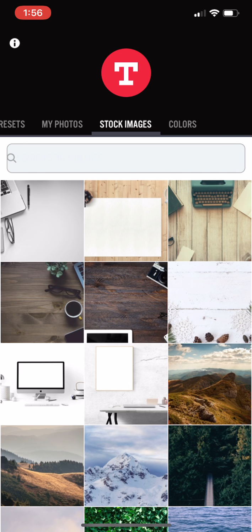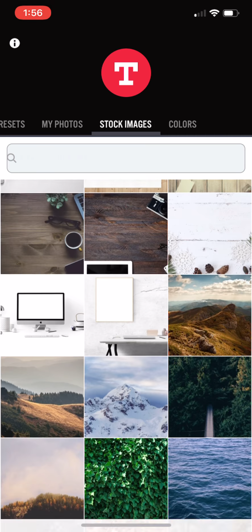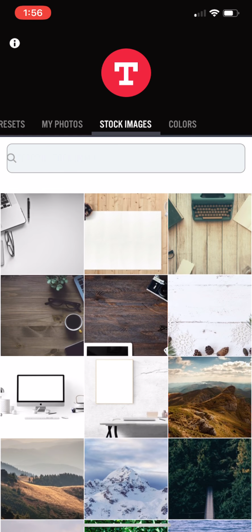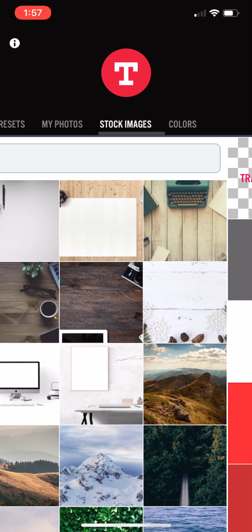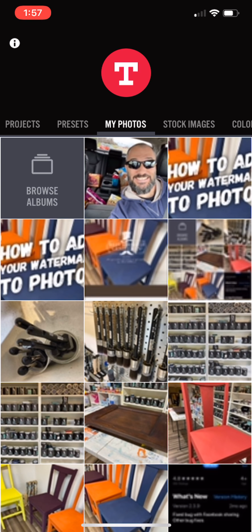They actually have stock images. So if you wanted to do, you know, something where you're advertising your work or something, you want to put words over top of something like a stock image, that's where you'd go. And they also have colors at the end, which just goes through all the different kind of colors you'd ever want or need in there. And then of course they have transparent as well. So, but I'm going to go back to my photos